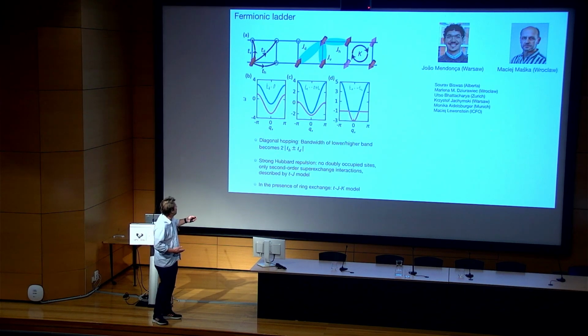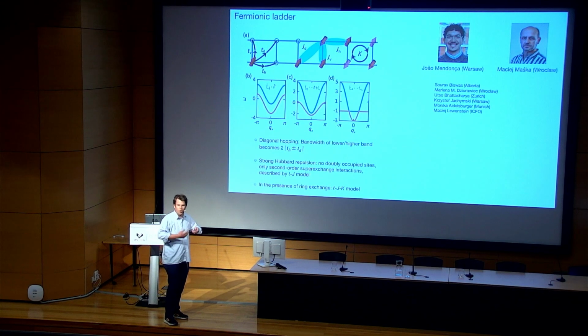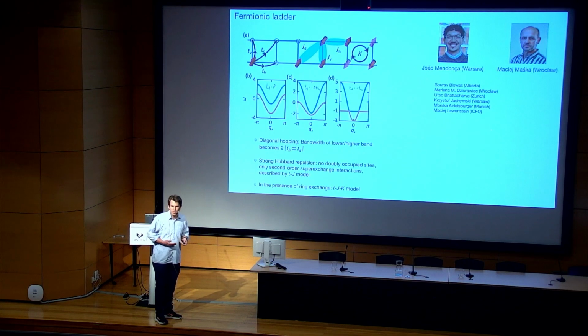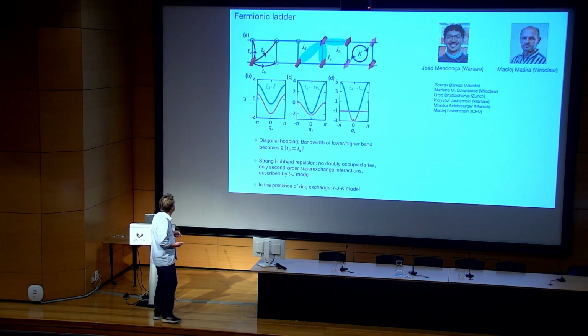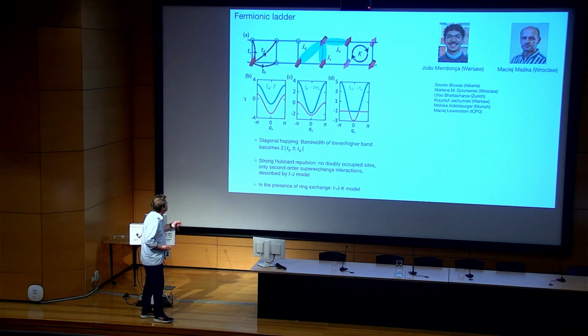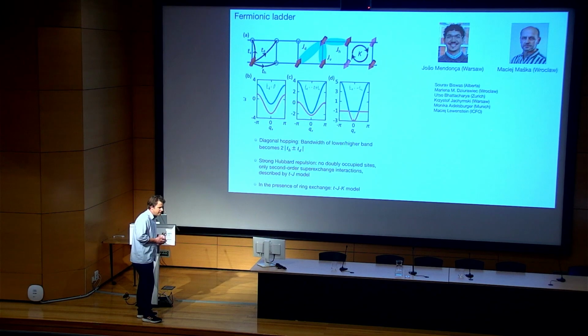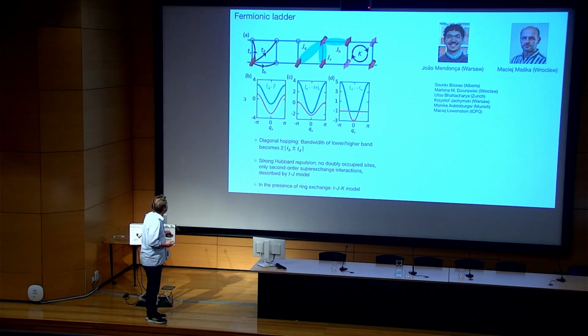We assume that there are ring exchange interactions, and we also have strong on-site repulsion, which in the case of fermions means that we don't really have a Hubbard lattice, but a TJ model. So we limit the occupation of the fermions to one fermion per site, and only allow for virtual doubly occupied situations, which leads to this super exchange Heisenberg type of interaction. And that produces such a D-wave correlated non-Fermi metal phase, these ingredients.